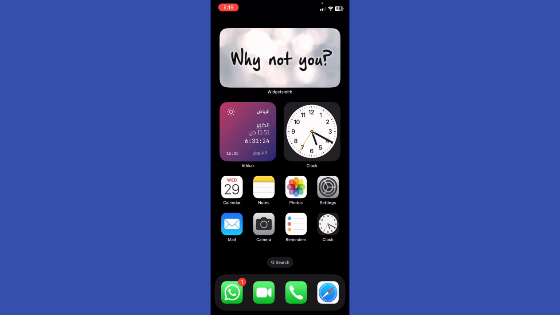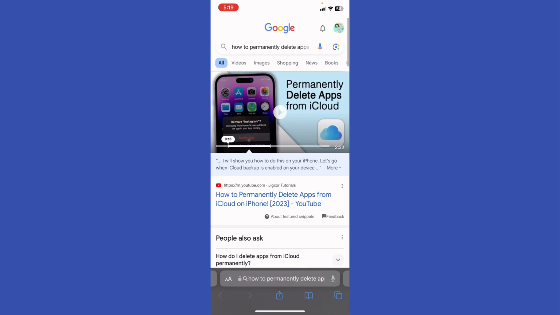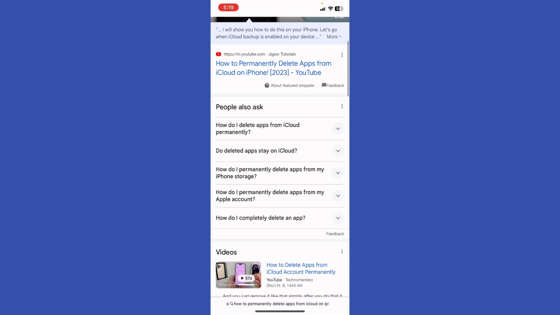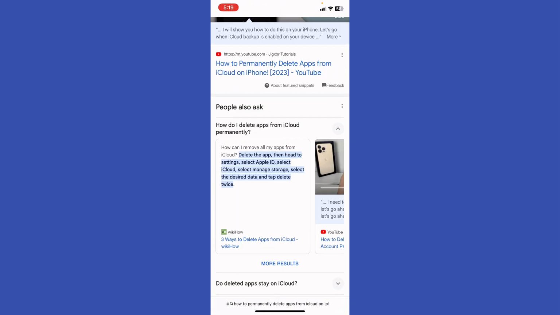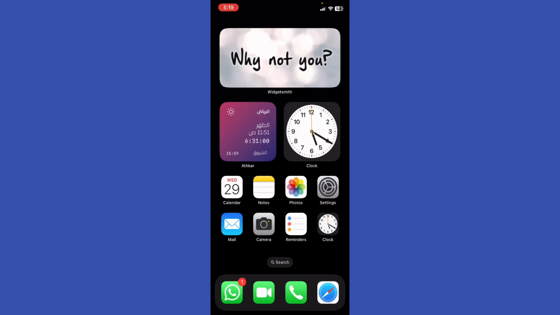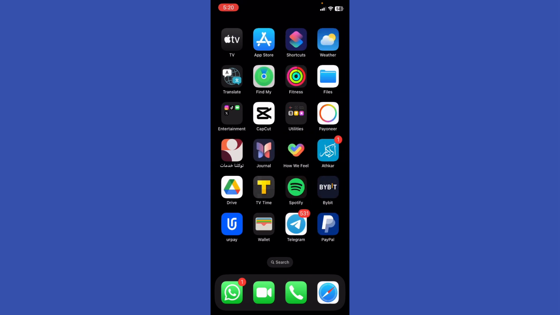So first of all, I'm going to go into my browser and scroll a little bit down. If you want to delete apps from iCloud permanently, delete the app, then head to settings, select Apple ID, then select iCloud, then select manage storage, then select the desired data and tap delete twice. So I'm going to go back to my screen, and let's say for example